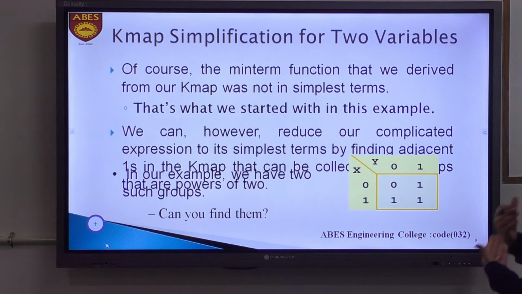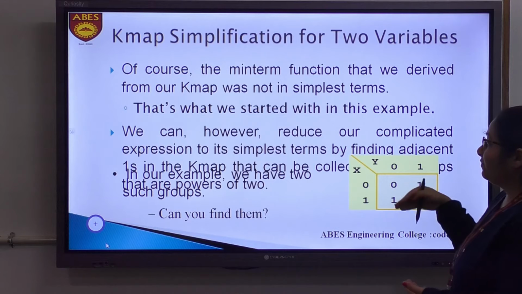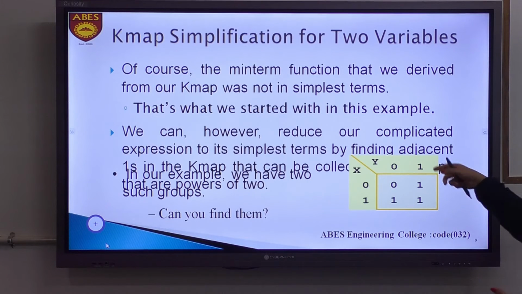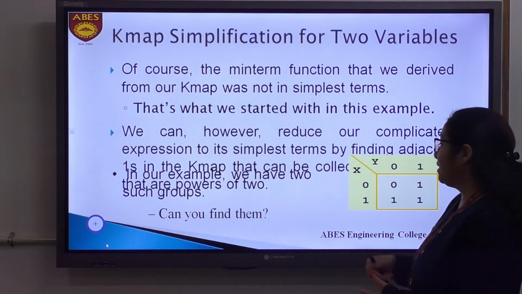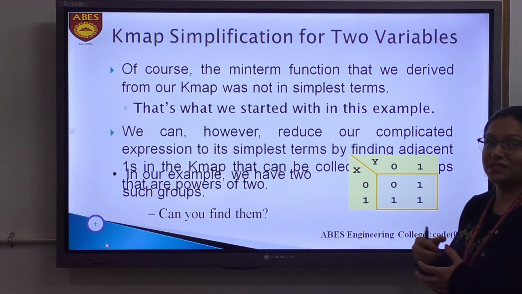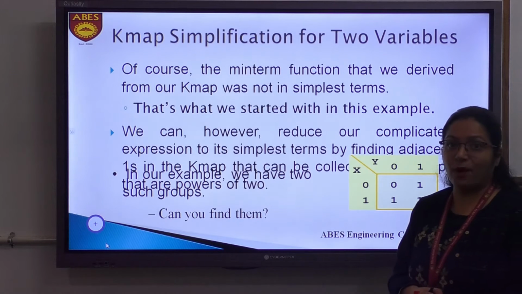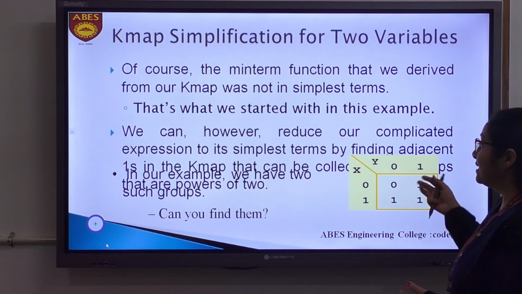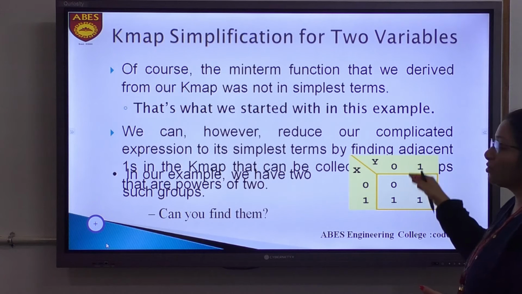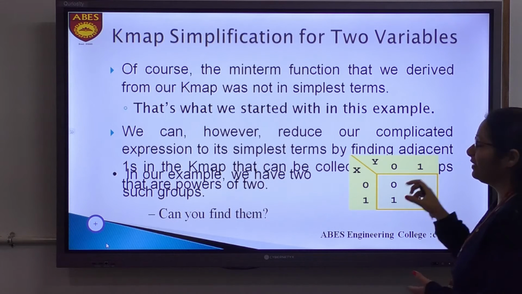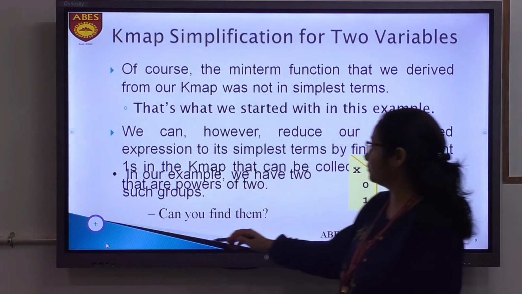Now, the next very important purpose of this K-map is that while we are mapping these minterms in the K-map, we need to reduce that Boolean expression with the help of the K-map. In the next slide, we will further find out the use of this K-map and how we can simplify it.